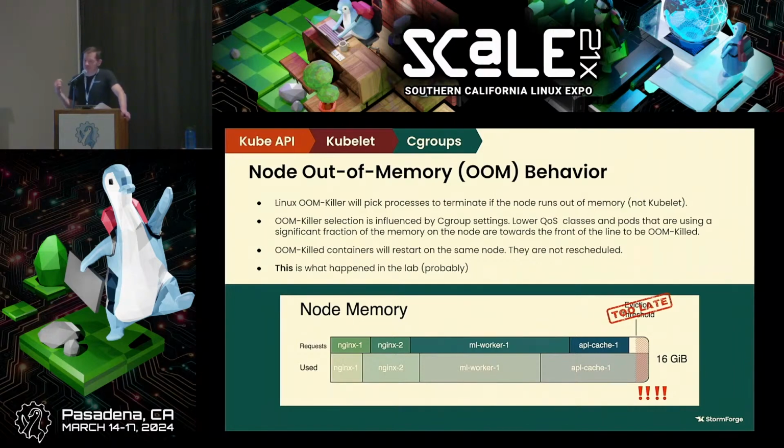Correct, yeah, so quick definition. A best effort quality of service pod means that it has not requested any resources and has not set any limits. Burstable means that it at least has requests. It might have limits, but if it does, the limits are not equal to the requests. To get to guaranteed, which is the highest quality of service, that means you're last in line to get killed,